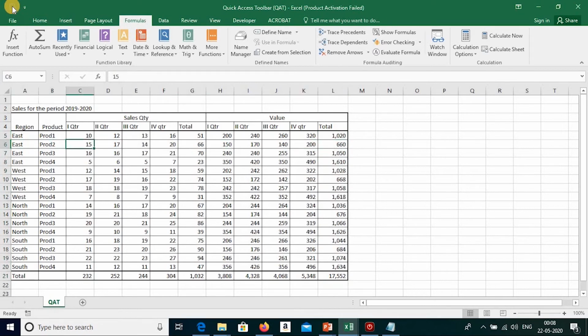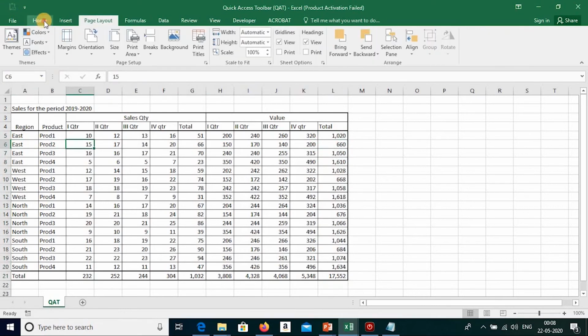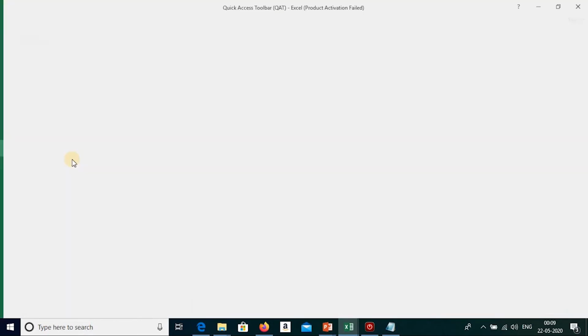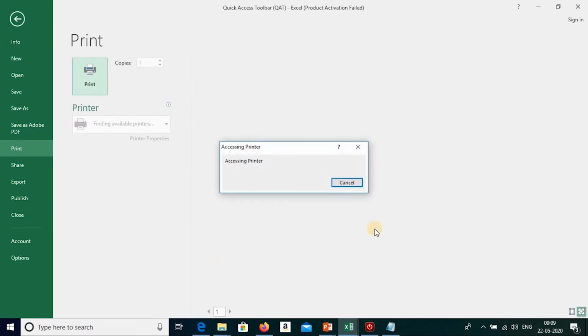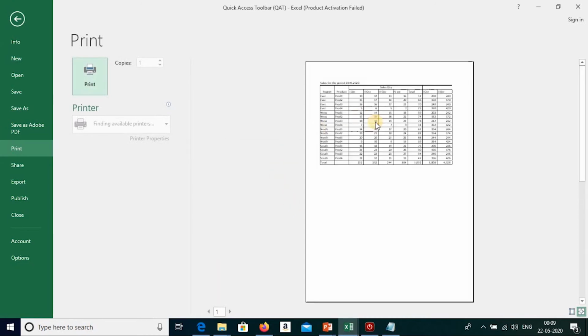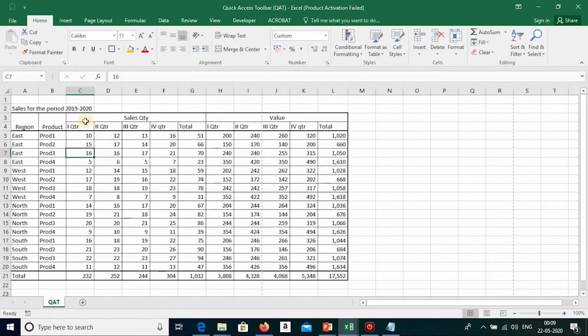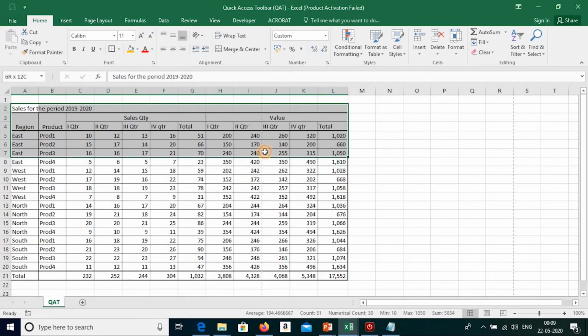The second way of customizing the quick access toolbar is if there are tools readily available inside the ribbon. For example, you wanted to take a printout. Let us say we want to take a printout. I'll say Control P. So now it is taking the entire file here, right? Now I'll escape. I wanted only 4 lines to be printed, so I have taken the range.